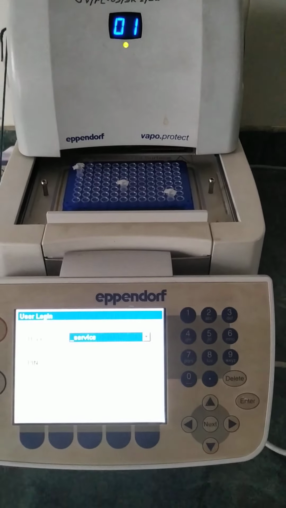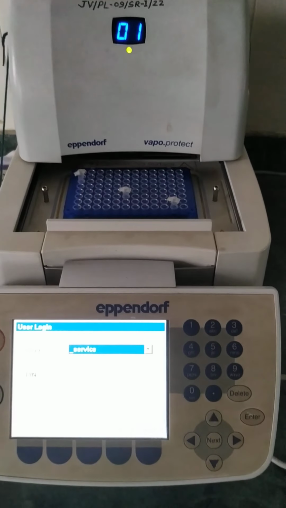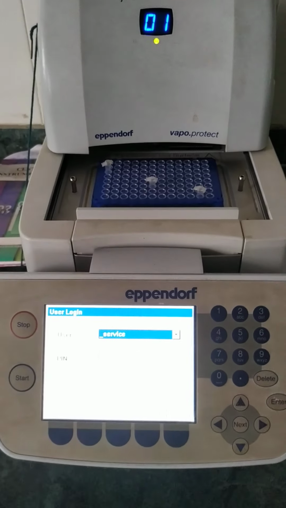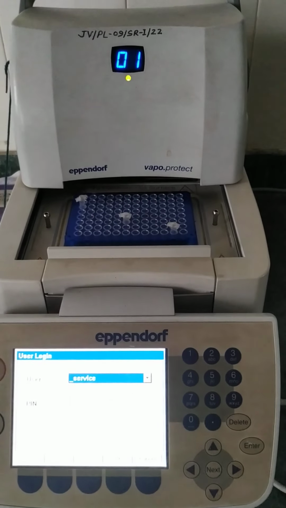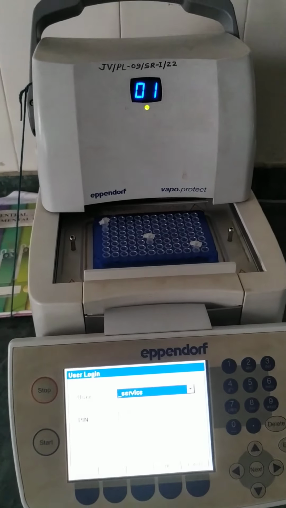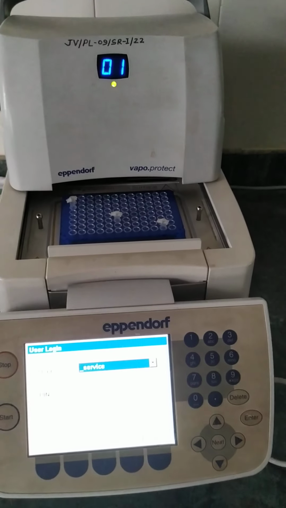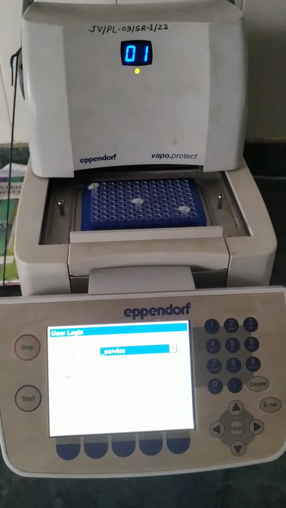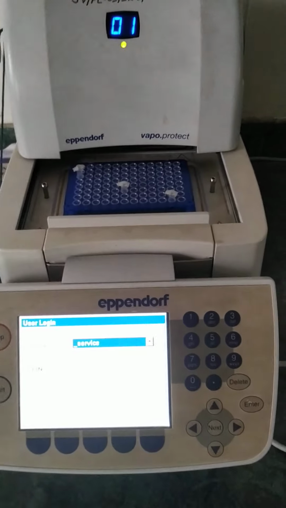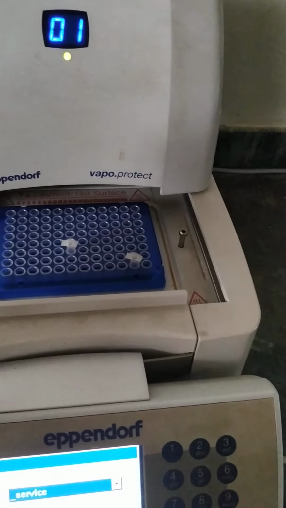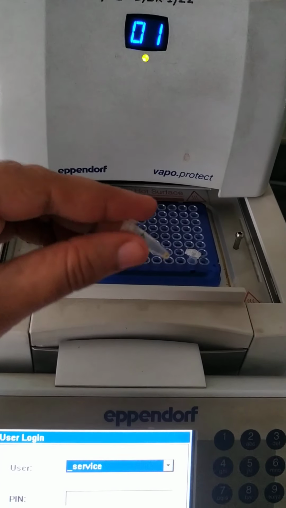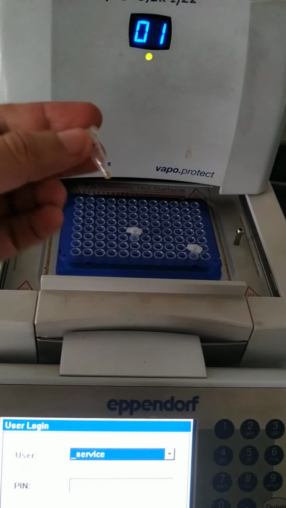Generally we use Taq DNA polymerase, which is extracted from Thermus aquaticus, and it can withstand very high temperature, more than 90 degrees. So we use Taq DNA polymerase for PCR reactions. All these things we mix in this PCR tube.